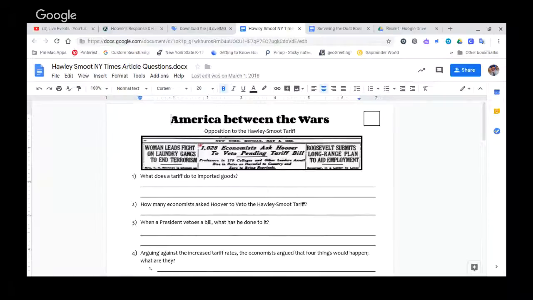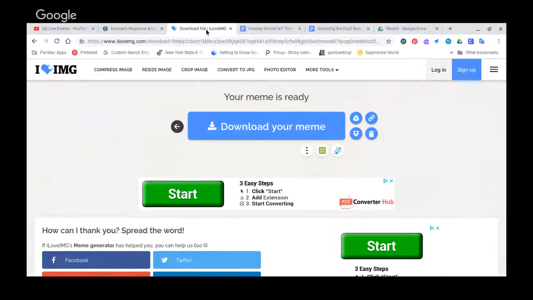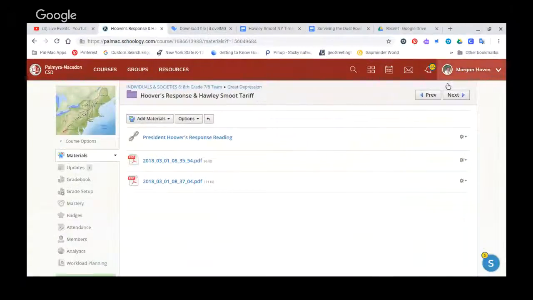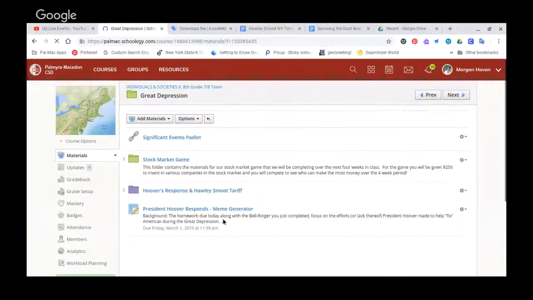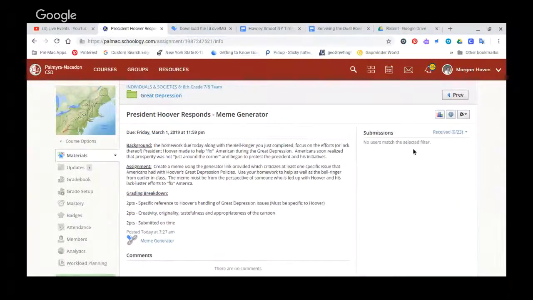So just to recap before we pause me and get working. First thing you're doing is finishing your meme if it's not done, getting it submitted. Remember, download the file once you've created it. Go to the assignment. Click Submit Assignment right up here where it will show for you. Import the file. You'll have to look for it in your drive. It should be pretty high up at the top. Then hit Submit. If you have trouble with it, you can just put it in an email and send it to me.